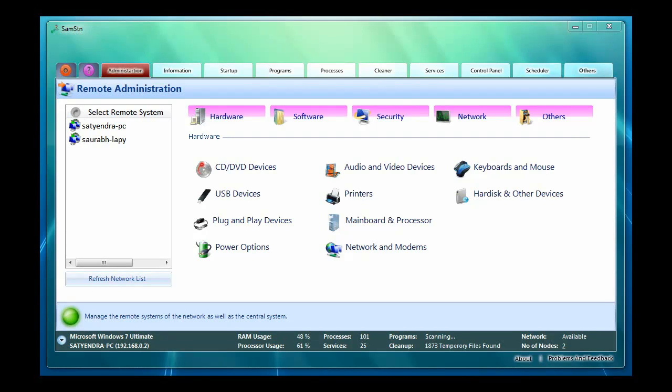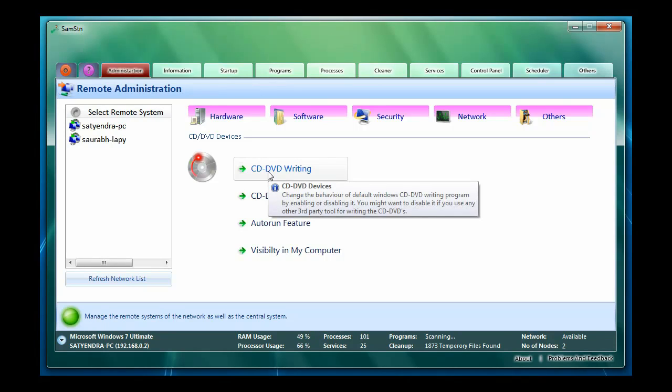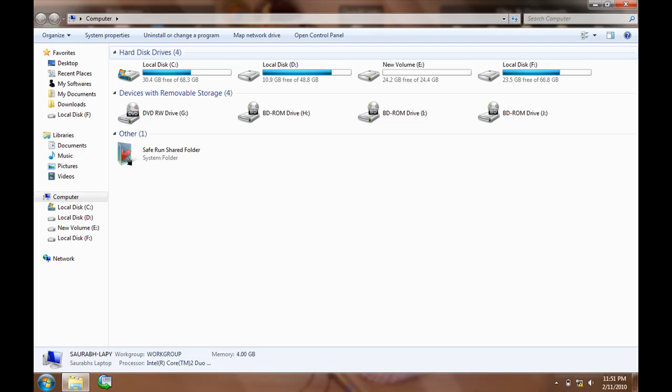So beginning with the first module of Samstn is the remote administration. We can configure hardware, software, security, network and other services. In hardware tab, we can have many options. Let's take example of managing CD-DVD devices. We click on the CD-DVD devices. Now the snapshot of the remote machine is